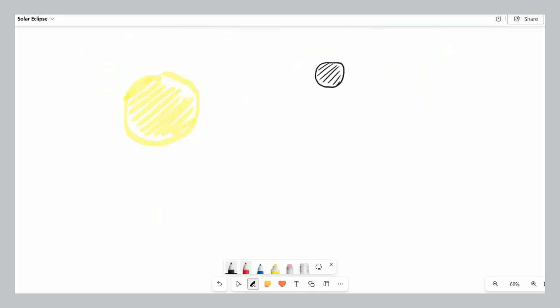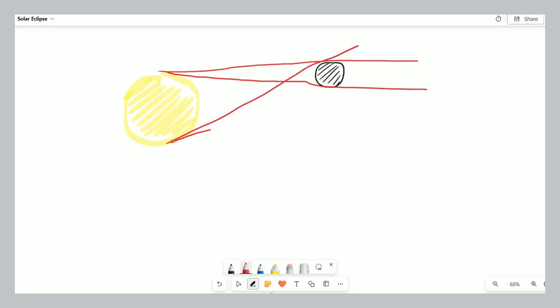If we were to draw these rays from the sun to show how the moon would block the sun's light, we end up with a situation like that. So the umbra, the darkest part of the moon's shadow, would be up here. The penumbra, which is where part of the sun's light is blocked, but not all of it, would be up here. And if we were to draw Earth, let's say the Earth is right there,